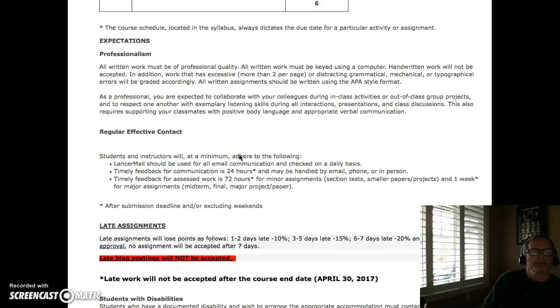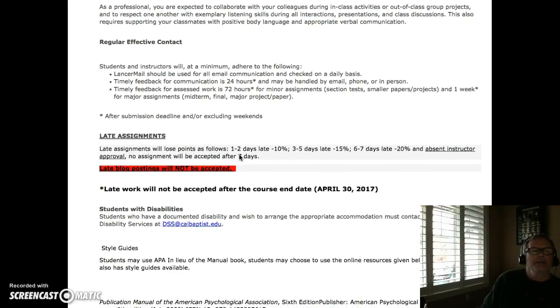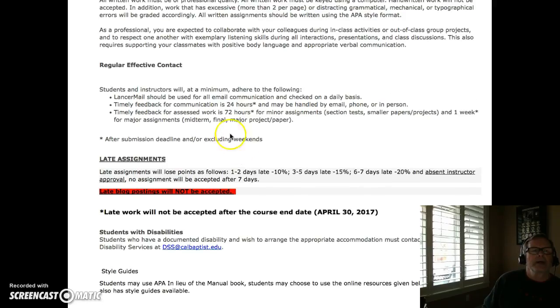I do want to go over the late policy assignment this week. And before I do that, let me talk about effective contact. I would suggest that all of you please make sure you check your emails on a regular basis, not just for me, but for some of the other classes. Legally, I can only respond to you via your Lancer email address.